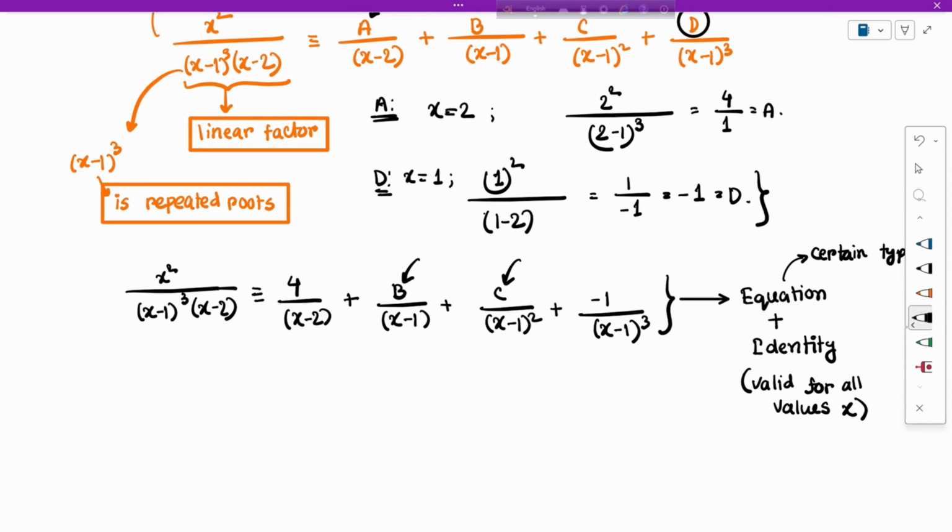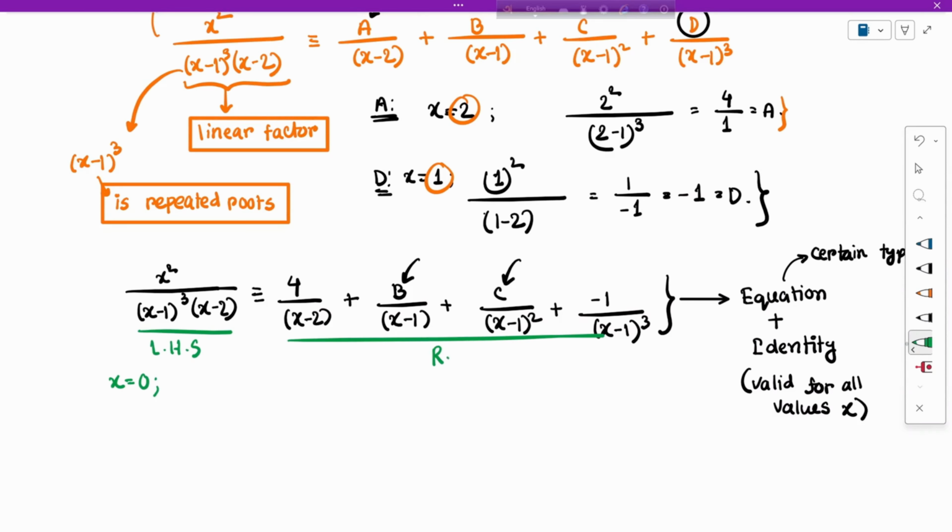If that sounds ridiculous, let's input. We can't input x equals 2 or x equals 1 because those are the identity values we have already used that lead to the values of a and d. So we're going to have to use any other values than 2 or 1. So if we use x equals 0, for x equals 0, the left hand side of this equation